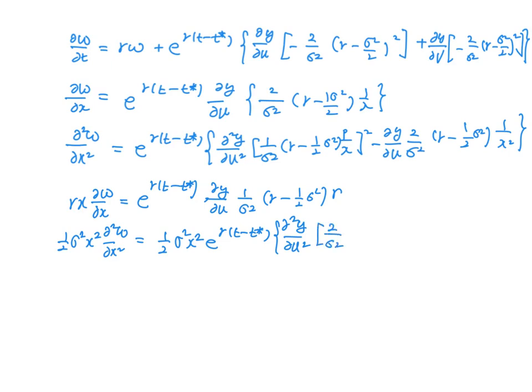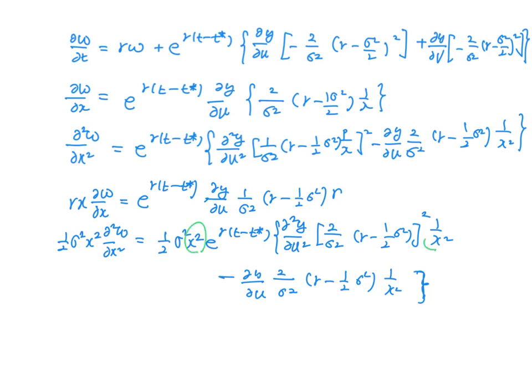2 over sigma square r minus sigma square x square minus partial y partial u 2 over sigma square r minus 1 over sigma square x square. Right. So I think this x will also cancel this x in the denominator. So if we arrange the terms, what we get is